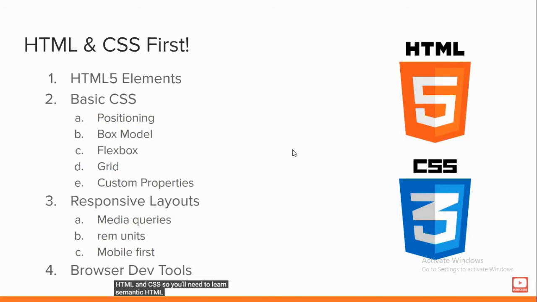Okay, so that is there in HTML, and in CSS, what we need to learn is properties. These properties can be used for positioning, aligning the text in the center, on the left, right, and how to give color, how to give fonts, and so on. And another topic is box model.